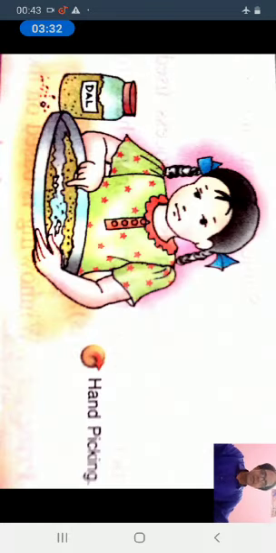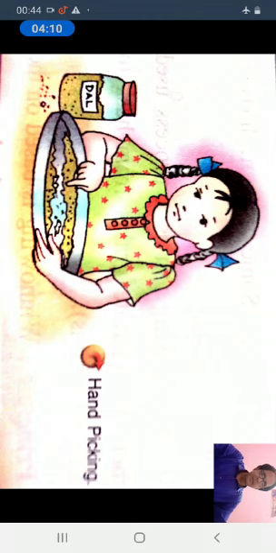Now next is hand picking. Suppose I have to separate rotten tomatoes from fresh ones. Then I'll simply pick up the rotten tomatoes using our hand. So I am using hand picking method. Hand picking is the process in which undesirable components are removed from the desired components manually.